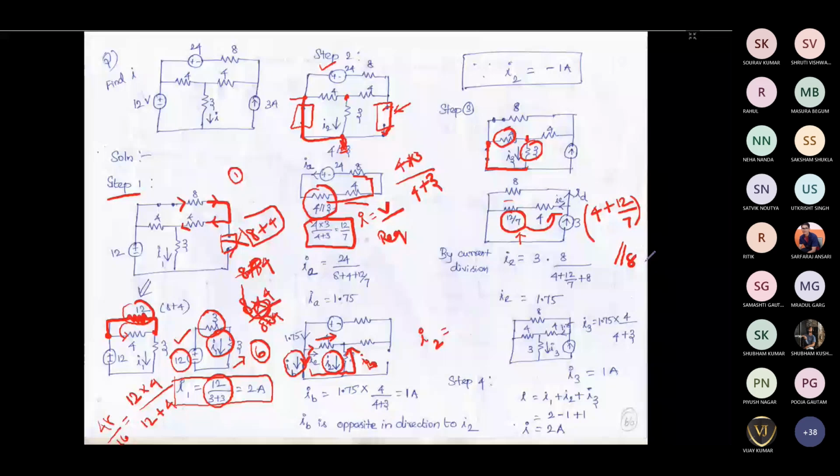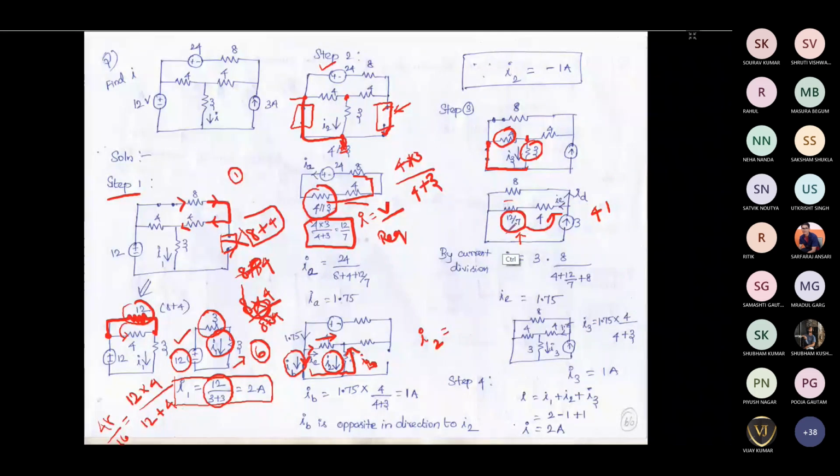Okay, so then you can find the equivalent resistance, then you can find whatever you want. But here we don't need to find the equivalent resistance. What we need to do here is find the current flowing through this path. Actually, in this circuit, we need to find the current through this 3 ohm resistor.